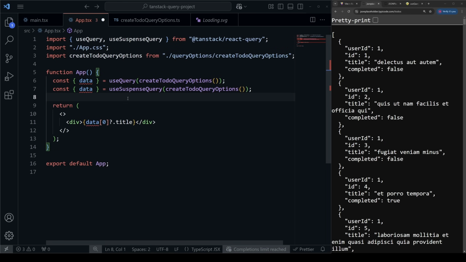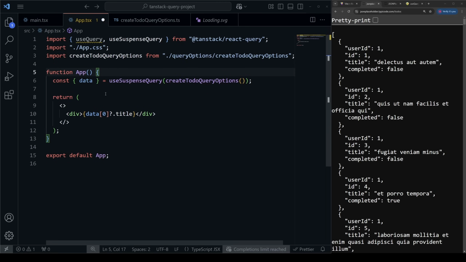I'm getting an error here because I have two things that are of the exact same name, so I'll go ahead and delete this. But case in point is that the useSuspenseQuery is great for when you want to make sure data is always defined and there's no undefined case. What it's also great for, and actually what its primary use is, is if you're wanting to use the React suspense